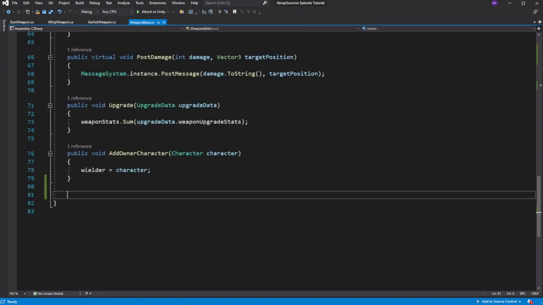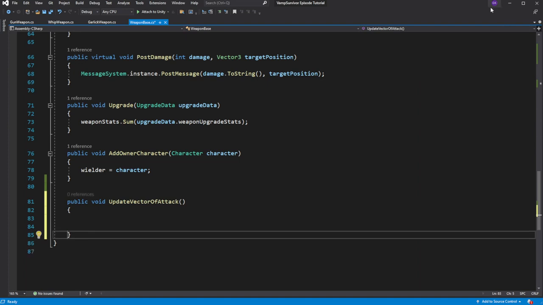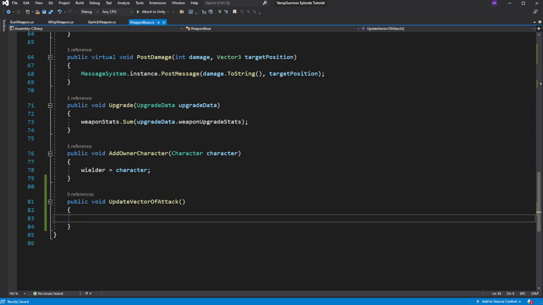Good. Now we want to generate the vector of attack based on the selected attack direction. Make the method for this. Inside we need to create an exception. If direction of attack is none, then set the vector of attack to be vector2 0 and return out of execution.